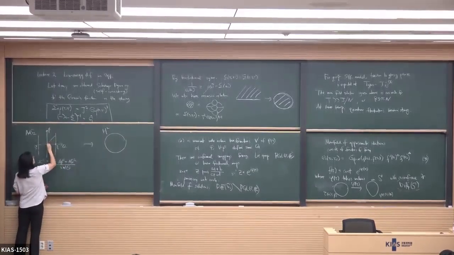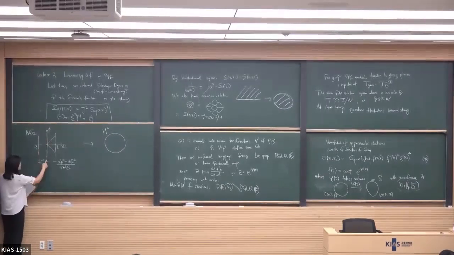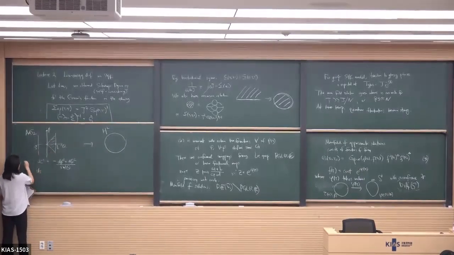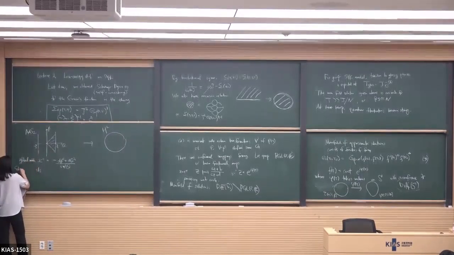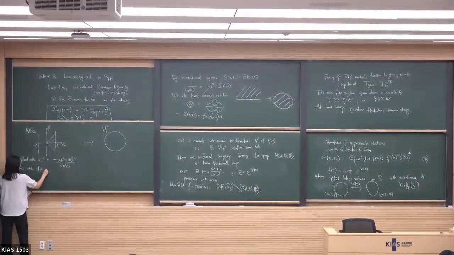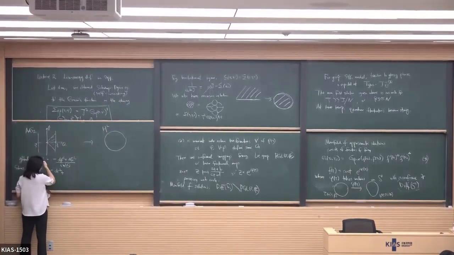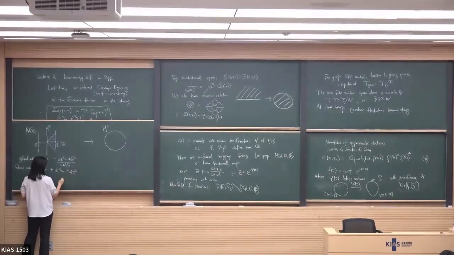So we can think about coordinates that cover this Schwarzschild patch. Okay, using Schwarzschild coordinates, we can write dr squared minus r squared dt squared